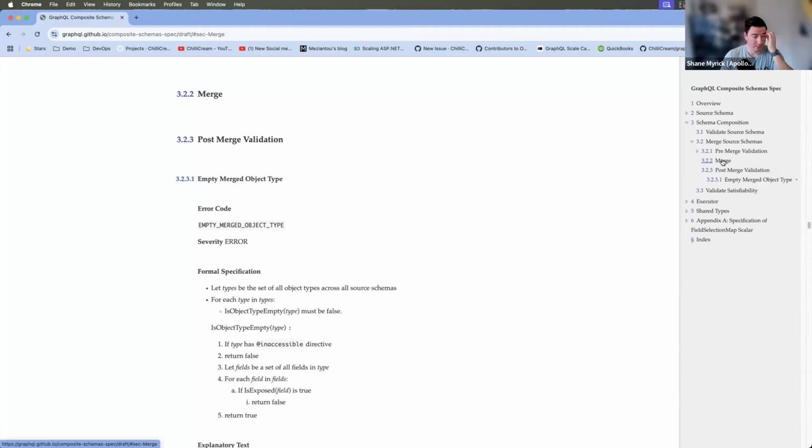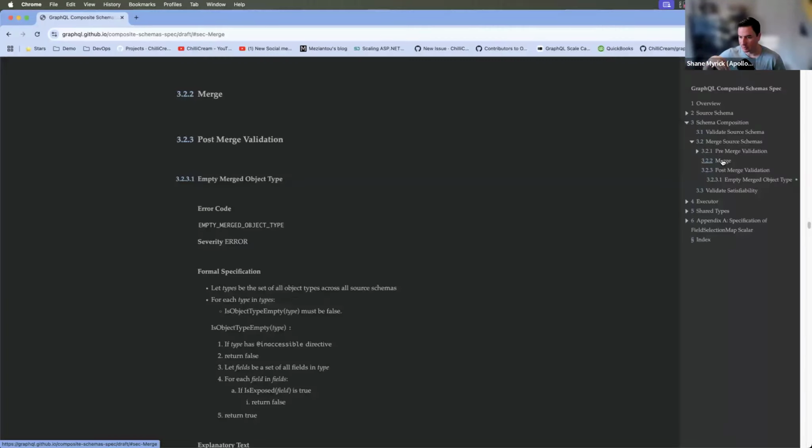I think one thing that might help is declaring for everyone the facts of the directives, because the directives themselves apply logic, but then there's also where that logic is used. Is it used at composition time? Is it used at runtime, etc.? That also impacts where the directive ends up. So maybe let me clarify some of the merging.